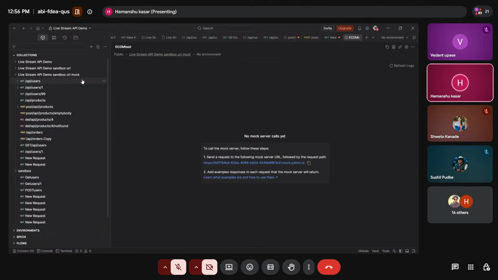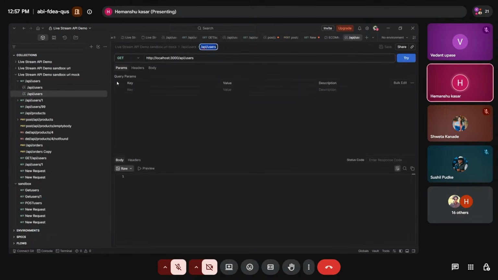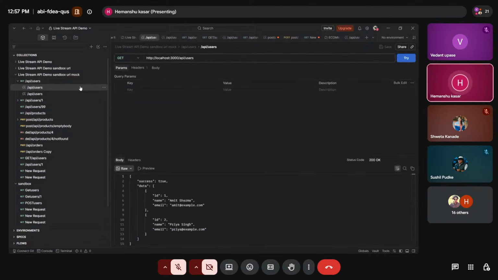We have to go here and add an example, as we will be providing this for testing purposes to each provider who wants it. In testing we will get the dummy example, so we have to add that example here. Once I click on add example, I am able to see the user data in the response, and we can set here what response they should get. Headers we can also set here.